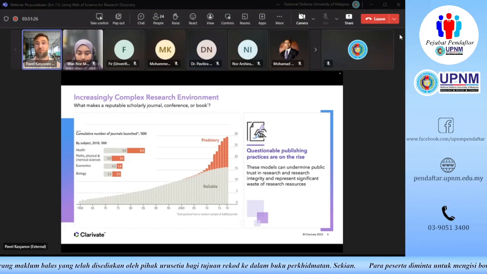So what we're doing in Web of Science, and this is one of the core ideas of Web of Science as a database, of its design, its architecture, we're filtering the journals and conferences and books to make sure only the reliable ones pass into the database itself.